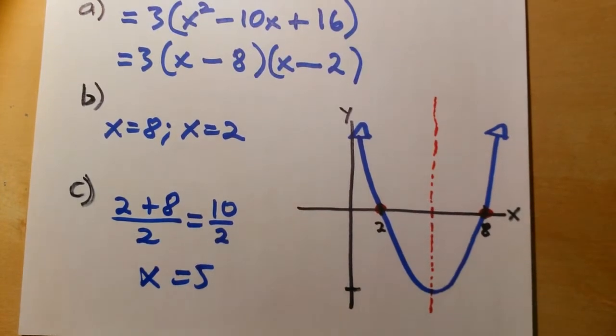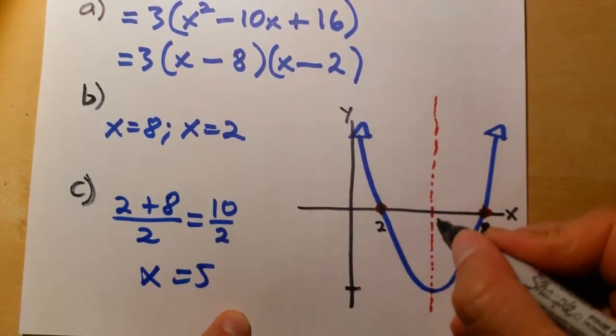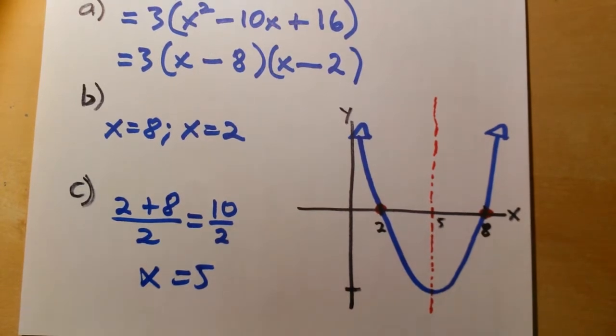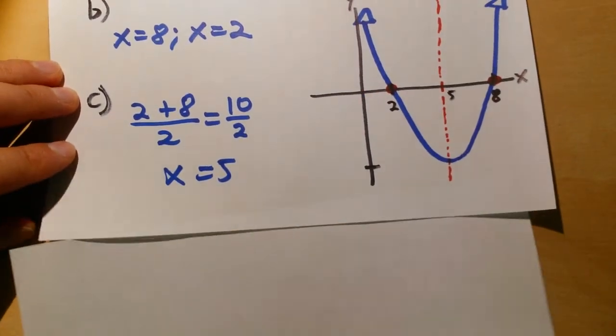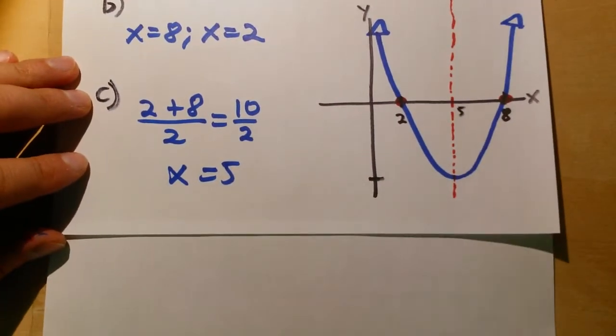Right, so we've said that this is 5. And so if we know that this is 5, we know the following as well. The next question says, find the vertex. Now, what is the vertex of the parabola? Let's move this up a little more. The vertex of the parabola is the following,